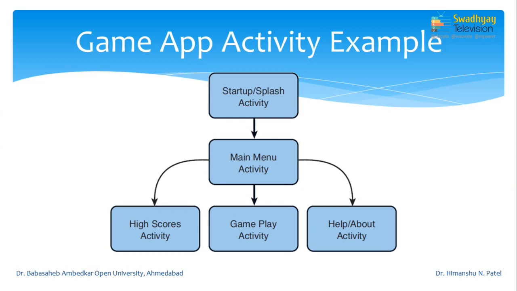Whenever you start a game, it normally displays a startup screen, a splash screen, which may be represented by an activity. Initially, the startup screen is displayed for some time, and then you are moved to the main menu. The main menu can be another activity which starts after the splash screen activity, and inside the main menu there may be options for displaying the high score, actually playing the game, knowing about the game, or what the rules are and how to control the game parameters.